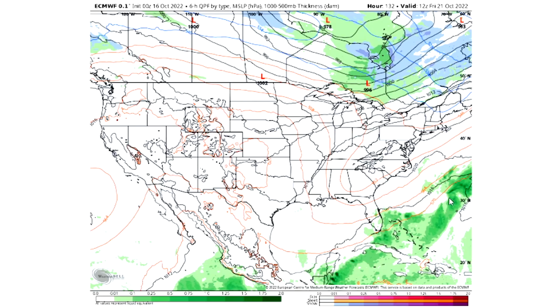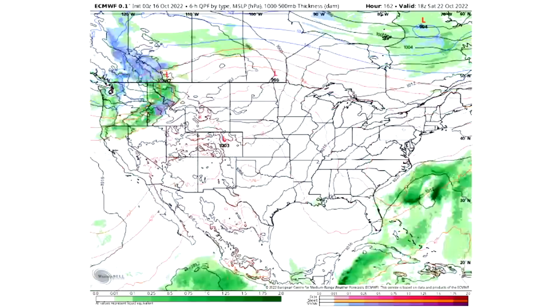This will be by about Friday, October 21st, when we're seeing this big trough come to an end, and really the beginning of a big trough in the western United States. As we can see, a storm system starts to move in around Saturday the 22nd. Take this with a grain of salt. It is a little bit further out, but I do suspect this model is probably onto something this time around